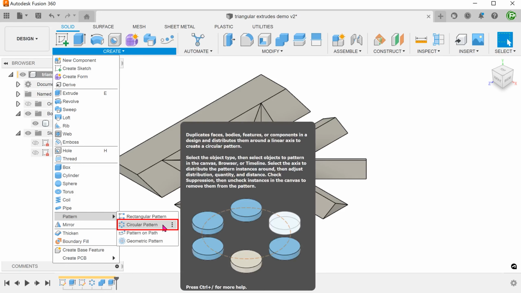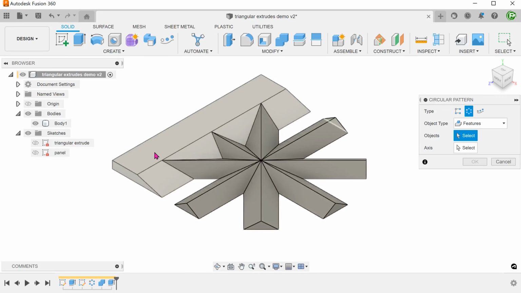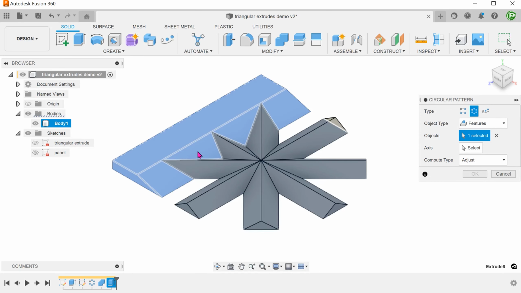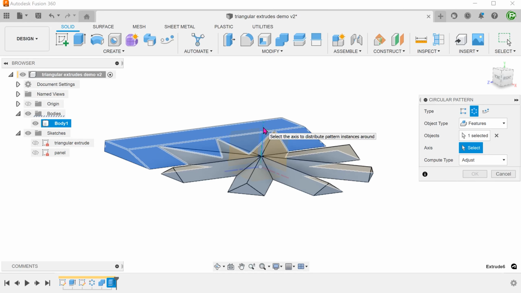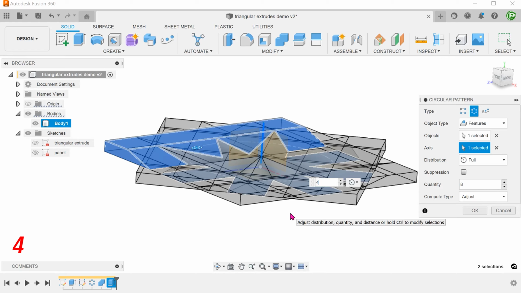Create a circular pattern of this panel. Adjust the number of instances to 4.